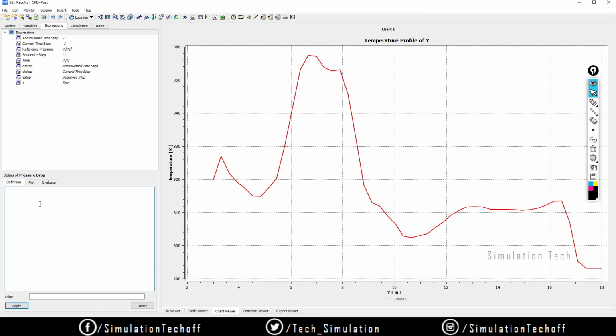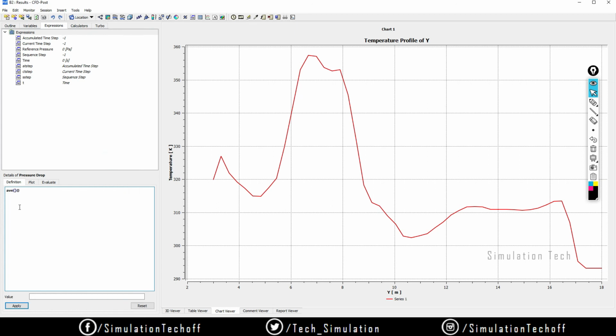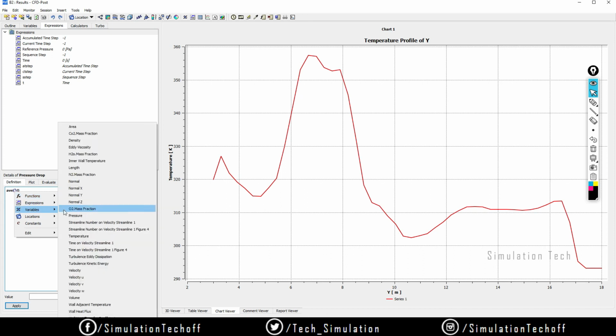It's very simple. First, if you want to insert a function, just right click over here. You'll have options like functions, expressions, variables, locations, whatever you want, you just enter. So I need to include a function from CFD post. I'll include average, volume average. Okay, so which average? Right click, insert. So a variable,